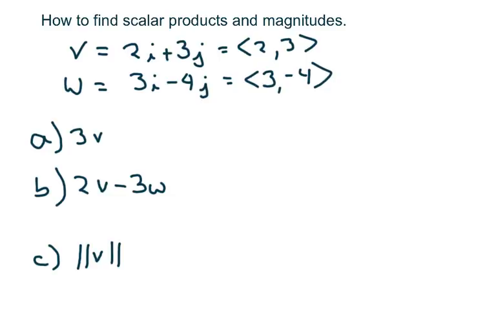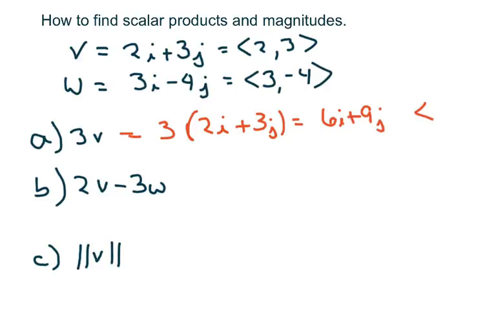Basically all you do is multiply 3 times your vector, which is 2i plus 3j, and that's going to yield 6i plus 9j,